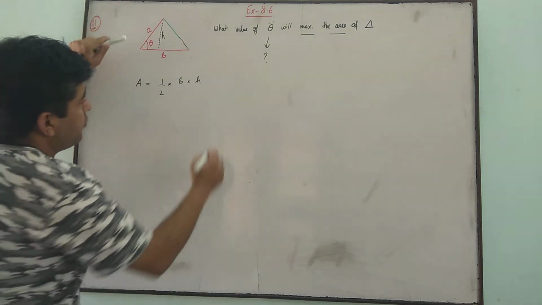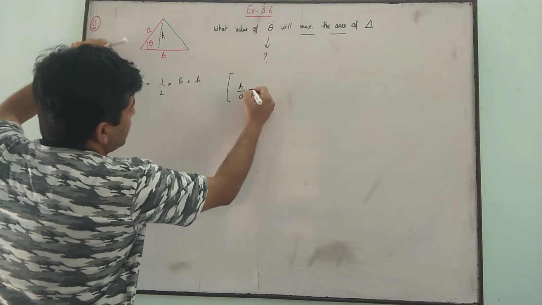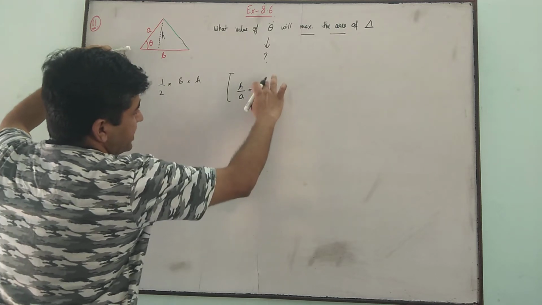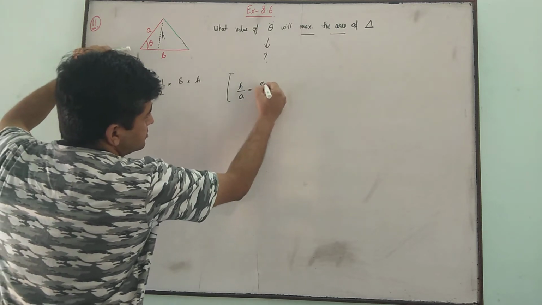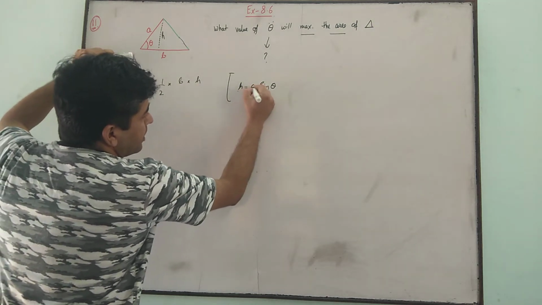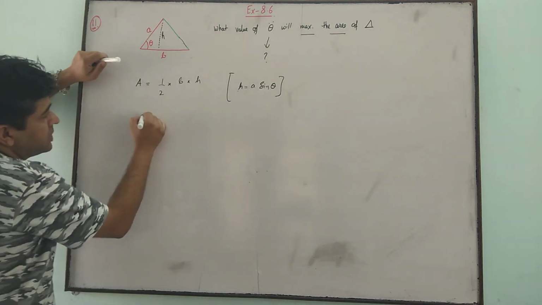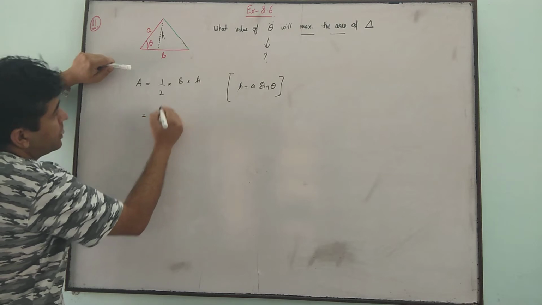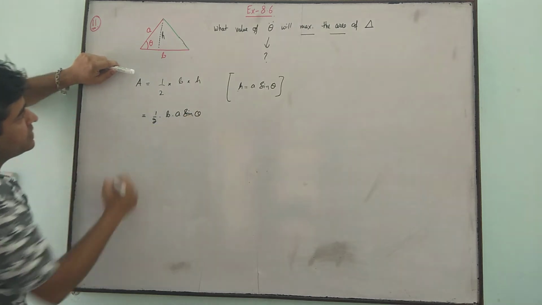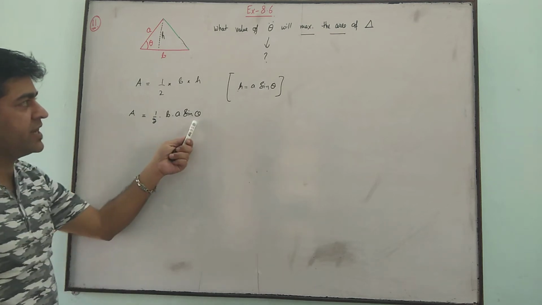Now in this triangle what will be your h? P upon H is equal to sin theta. We got h is equal to A sin theta. So it is half B A sin theta. Now A and B are fixed constants given, theta is the only variable. Now your area depends on the single variable theta.